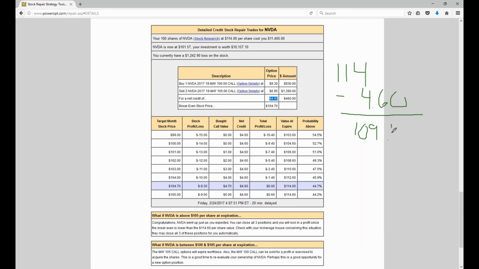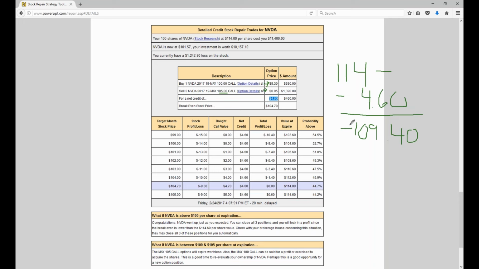We're still taking a good credit in here of $460. And you could say, well, why don't you just sell the 105s at $6.95, or the 100s at $9.30 to bring this down to 105 or essentially to 107. Well, we already saw how that still might not result in a profit when we went further out because we're selling a 105 call. And if we sold the 100 for $9.30, sure, we reduced the cost basis to $104.70, but we sold a 100 call. It's a potential loss of $470 to the upside and still no downside protection.